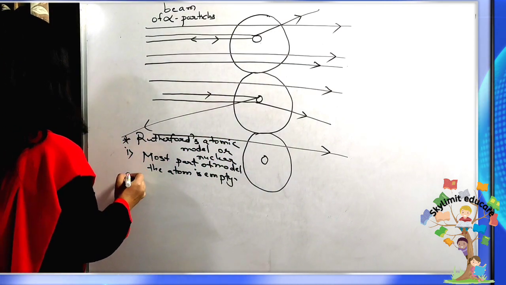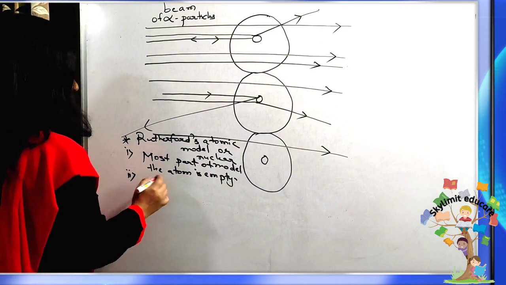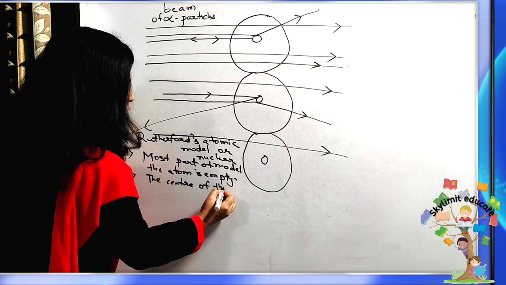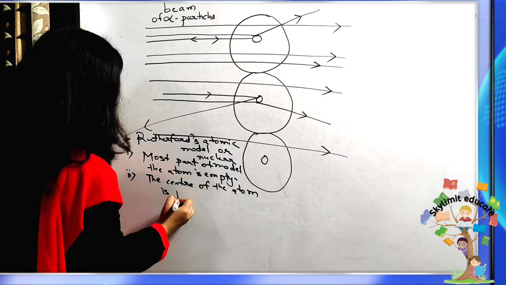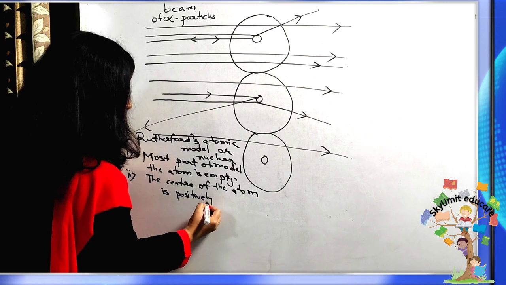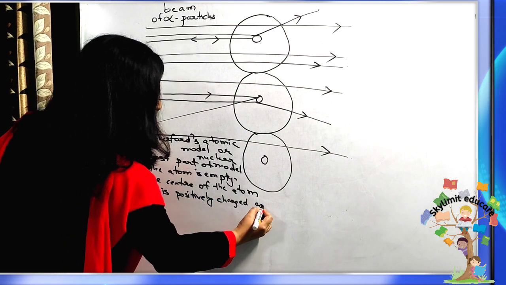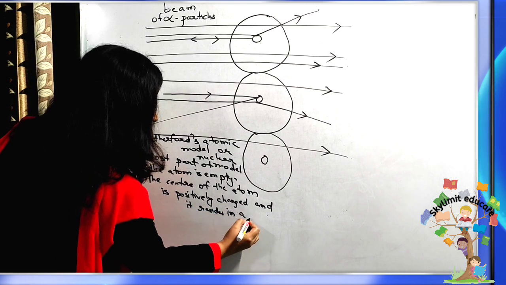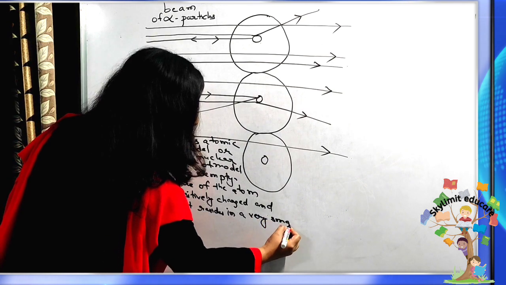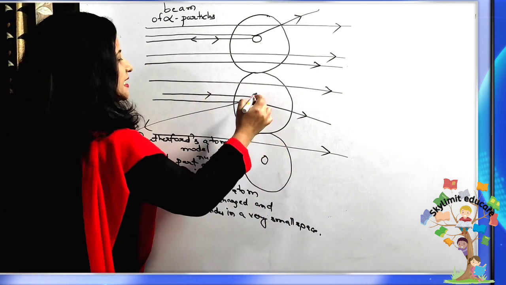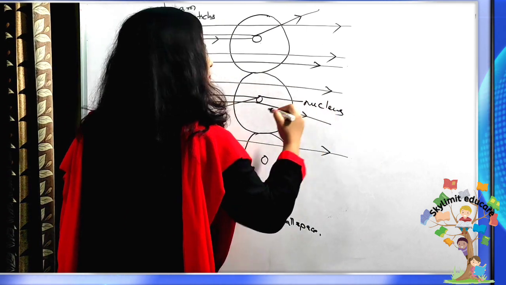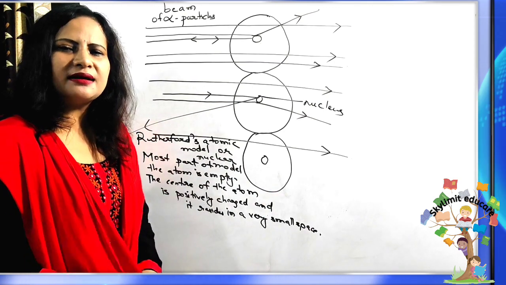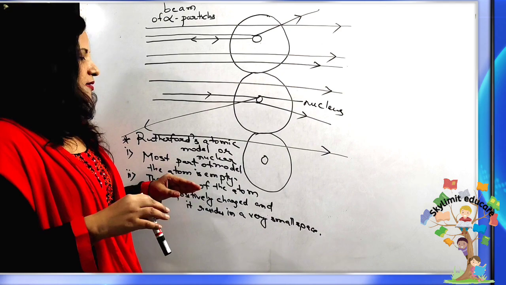Okay. Then the second point of Rutherford's atomic model is what? He said that the center of the atom is positively charged and it resides in a very small space, and this center he named the nucleus. Because very few alpha particles got deflected, very few were deflected by small angles and large angles. So he concluded that this positive charge,